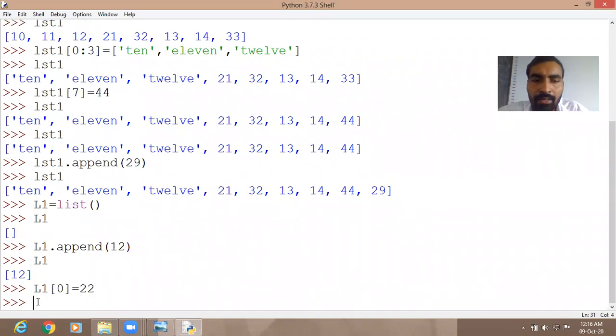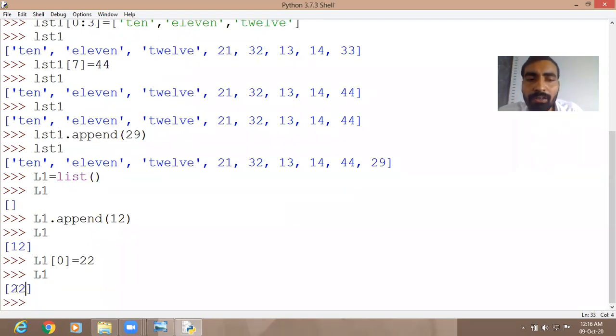Press the enter key. Now you can see in L1, in place of 12, 22 has been added or updated. See here, now in place of 12, what is coming? 22 is coming. So this is the way how we update or how we modify the value of an existing list.